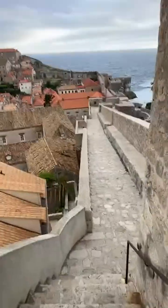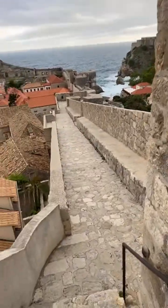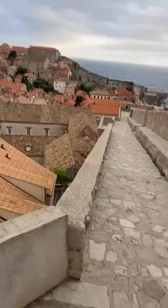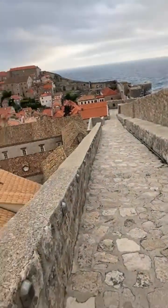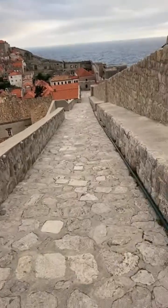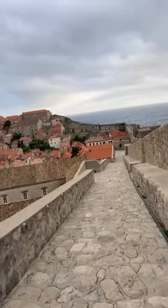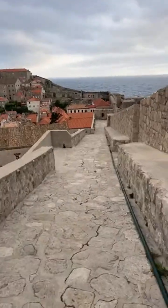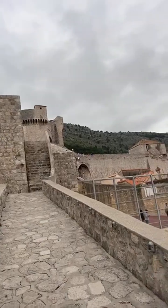And you generally have 3 days to do the other 2 attractions, which is the fort and the Minceta Tower. But I won't be able to do that on this walls ticket because I've got trips. So I'll be using the pass to do those. So I'm going to get free entry anyway, and I'll get free entry back on here with the pass. But yes, we're coming down from...